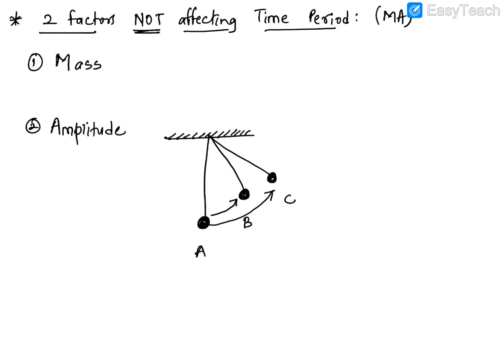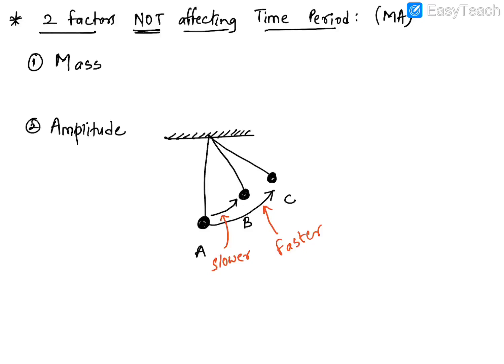But what happens, when it is going from A to C, though it is covering more distance, at the same time it is also going faster. Because it is going faster, what does it mean? That it is going to take relatively less time. So you got it now. Over here the speed is compensating for the distance. And from A to B it was going relatively slower. So these are the two factors which will not affect the time period.